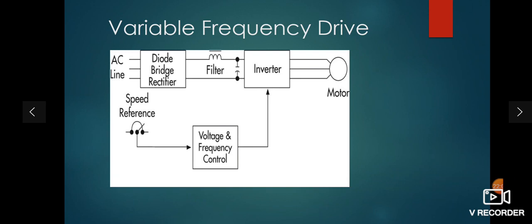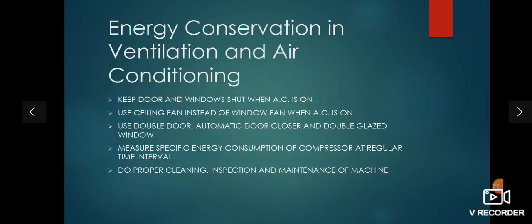So see, the output of the inverter is variable voltage. By varying the voltage you can also change the speed, and you can also control the speed of the three-phase induction motor. Same way, see here, voltage and frequency control is there. In an inverter we are mostly employing the SCR, silicon controlled rectifier, or any power electronics device which has a control terminal. So if you employ the SCR, then by controlling the gate pulse you can control the output, and by controlling the output you can control the speed of a motor. So these are the basic methods to change or control the speed of an AC motor.